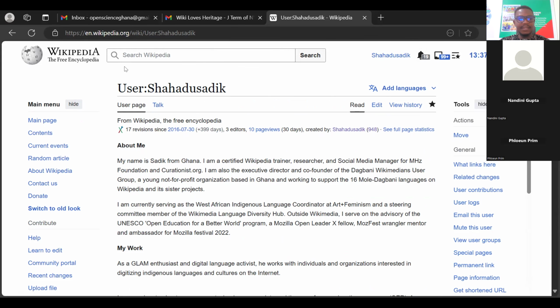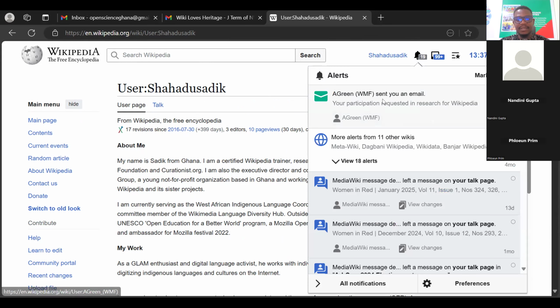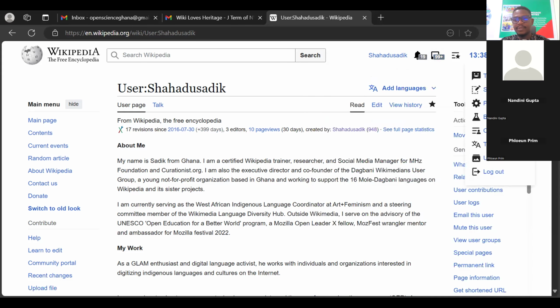And then here we have the notifications, where you get alerts. Folks can contact you when you make an error, or somebody can notify you, or of any other thing that you subscribe to. You can follow pages or watch other articles published by individuals, so that you can get alerts when they make changes to that article. This is also like notices. So this one sends notifications to you.